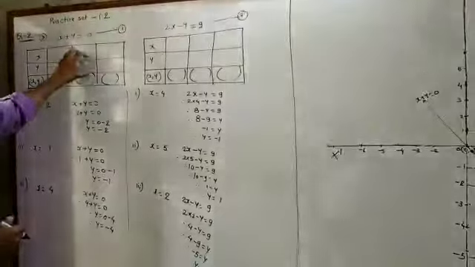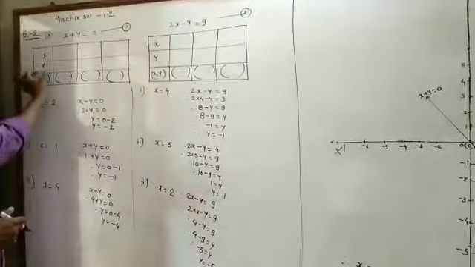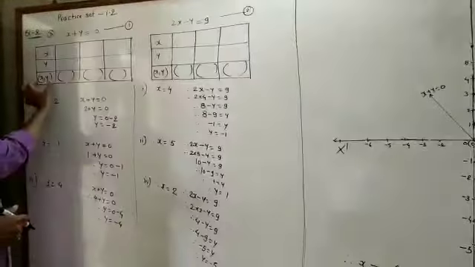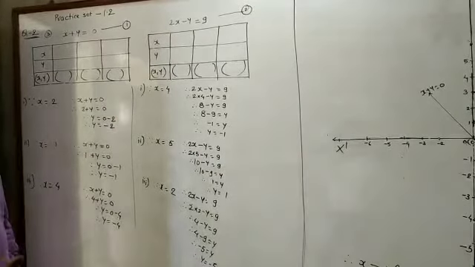So this is the chart for this equation, and this is the chart for this equation. This is the x coordinate, the y coordinate, and the coordinates of the point (x, y). You have to consider the x coordinate, find the y coordinate, and find the point. In the same manner, you consider the x coordinate, find the y coordinate, and provide the coordinates of the point. By your own choice, you have to decide what value of x to take.